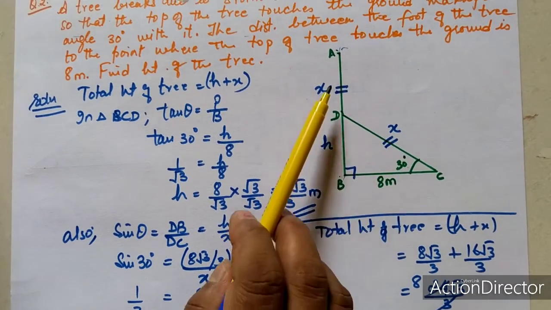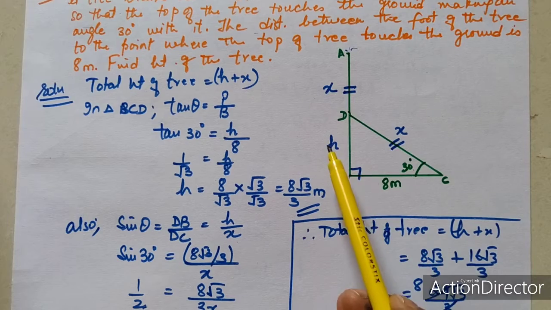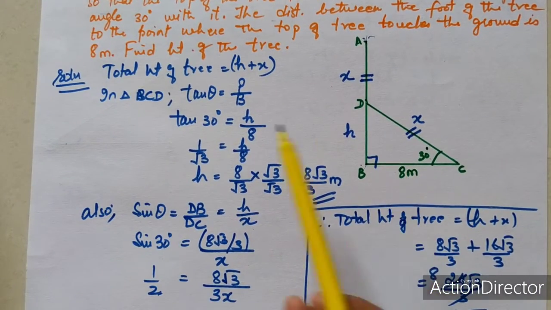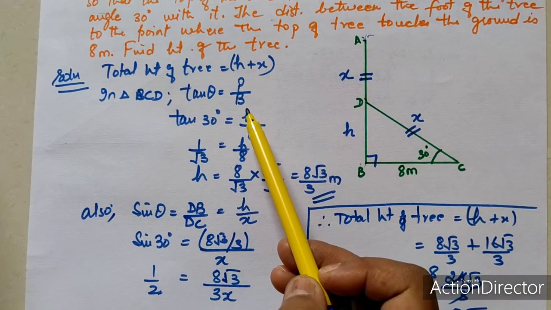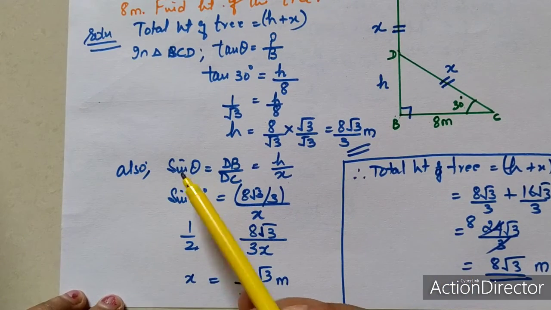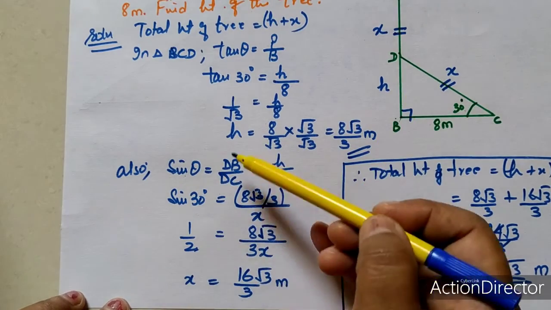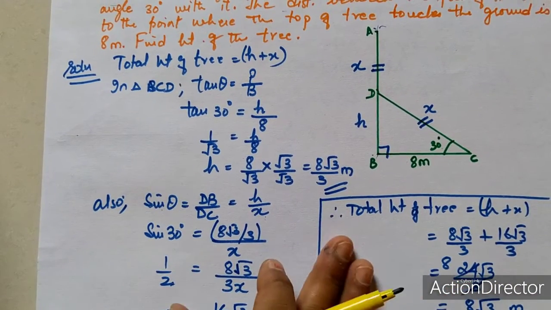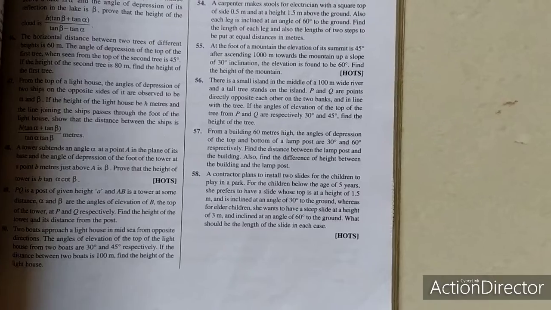to make figure. फिगर बनाओ, कौन से दो पार्ट इक्वल है मार्क करो, एवरी जो डेटा है वो लिखो, जो अननोन है वो भी लिखो, और क्या आप अप्लाई करते हैं सबसे पहले वो लिख दीजिए. लाइक tan थीटा इक्वल टू परपेंडिकुलर अपॉन बेस, और यहाँ लिखा था sin थीटा इज इक्वल टू परपेंडिकुलर अपॉन हाइपोटेनस अकॉर्डिंग टू द फिगर. फिर वैल्यूज पुट करके उसका आंसर फाइंड आउट करिए. सो दिस इज फाइनल सोल्यूशन ऑफ योर क्वेश्चन नंबर 2, दैट हाइट ऑफ द ट्री इज 8√3 मीटर.